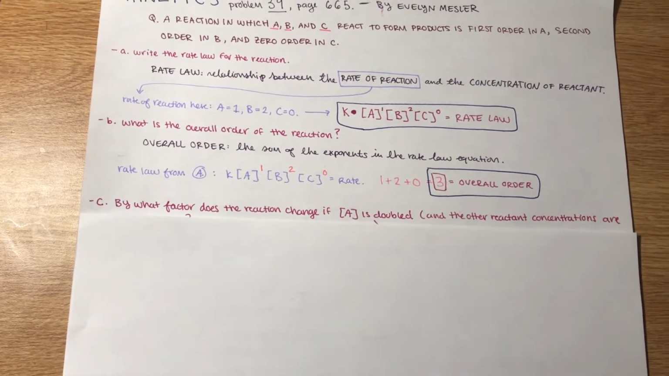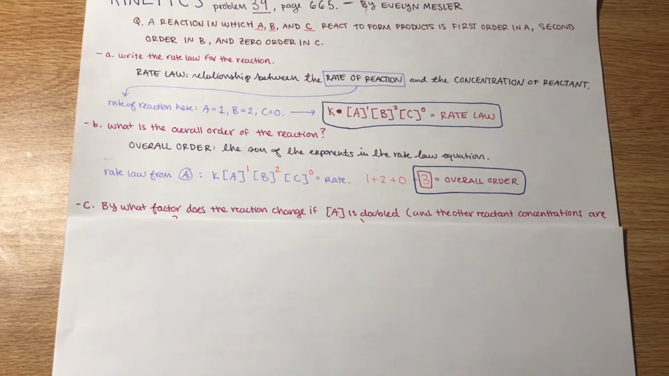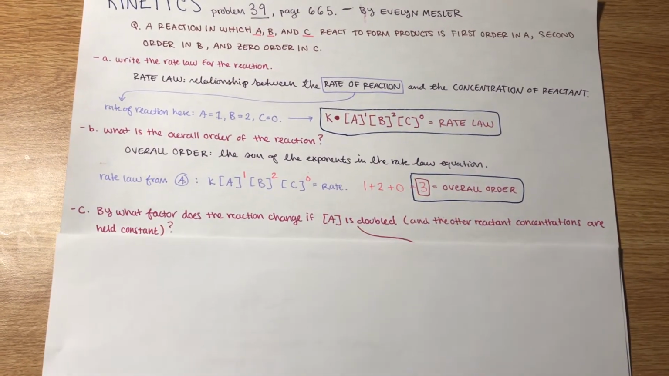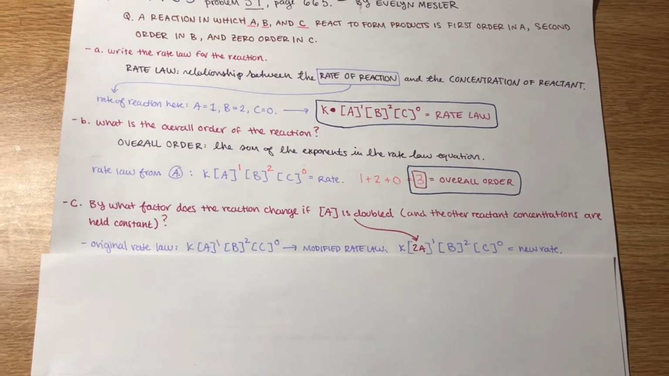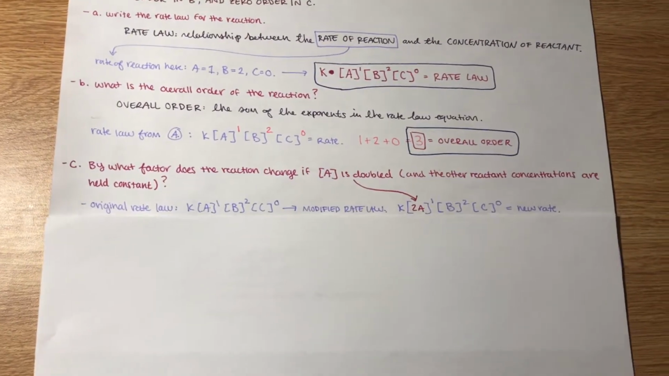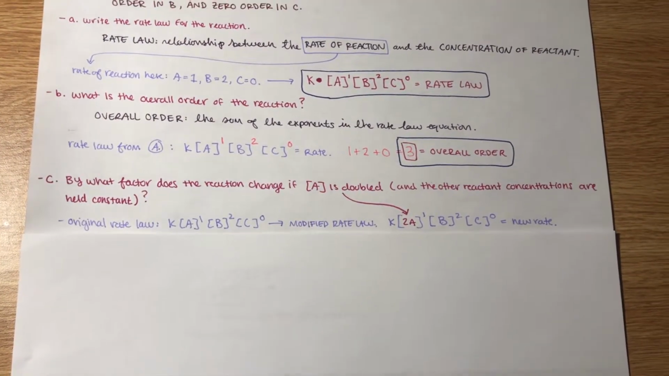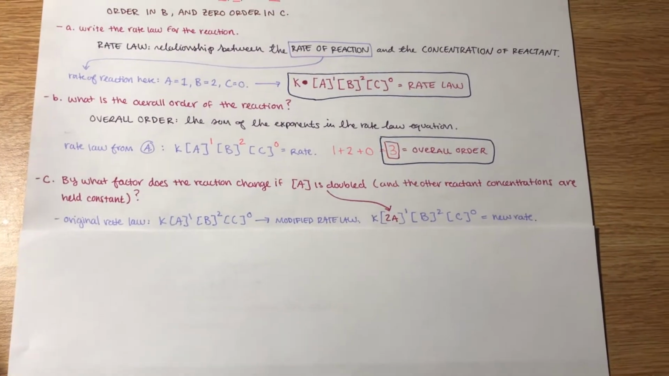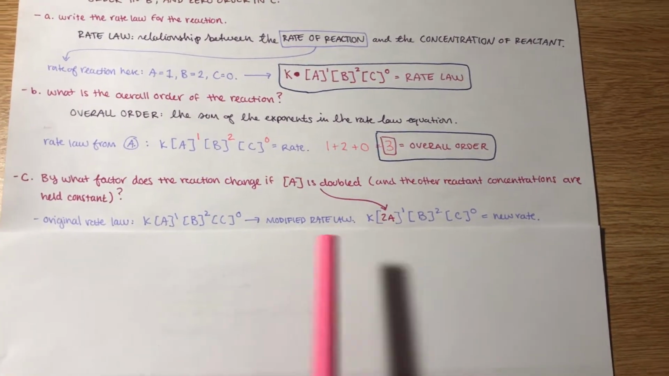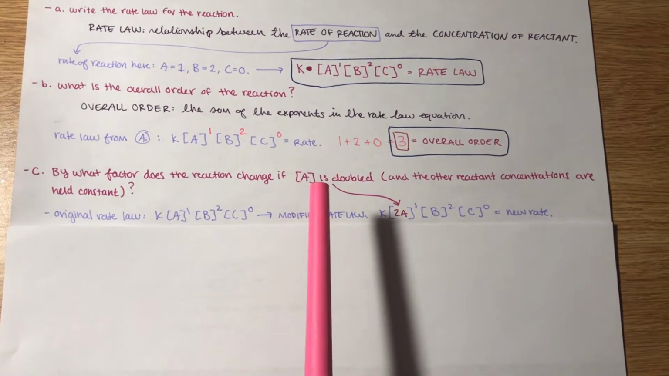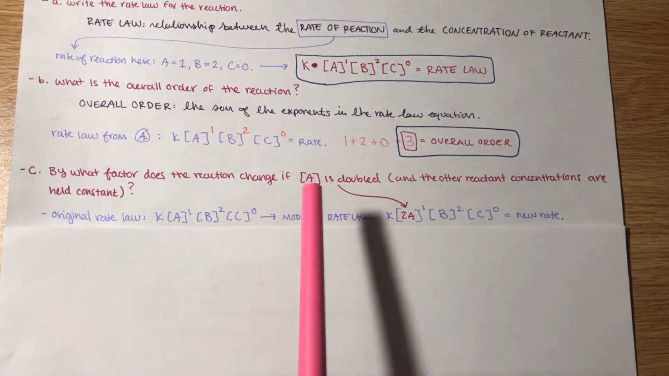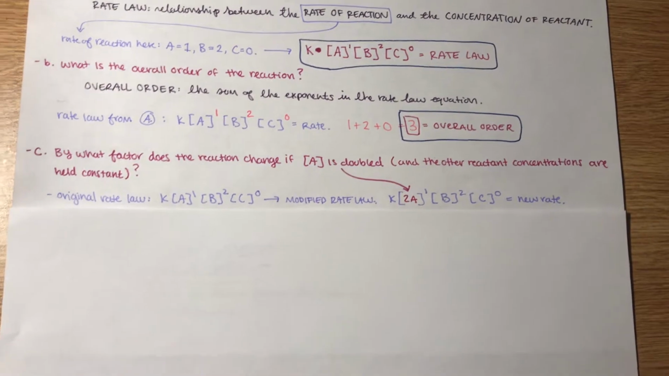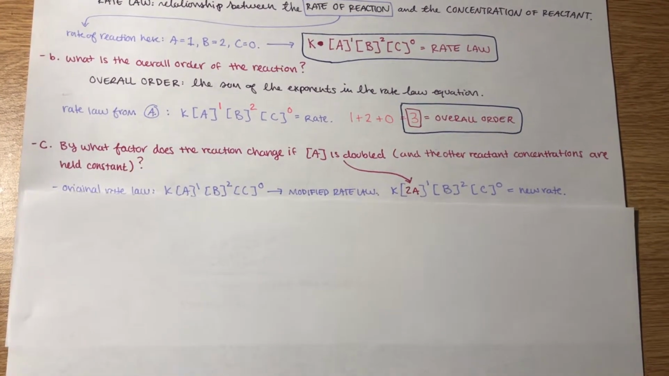C. By what factor does the reaction change if A is doubled and the other reactant concentrations are held constant? So you take your original rate law from part A and you write a modified rate law to compare it to. The only thing I did to the modified rate law is substitute 2A in for my original A because the concentration of A is doubled. So doubling the concentration is equal to 2A. When comparing these,